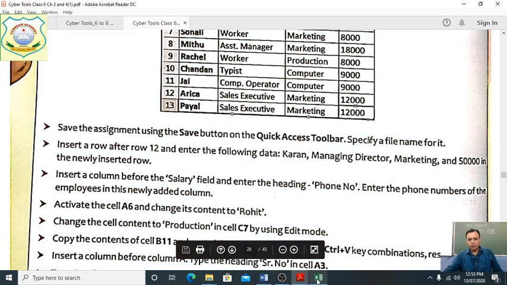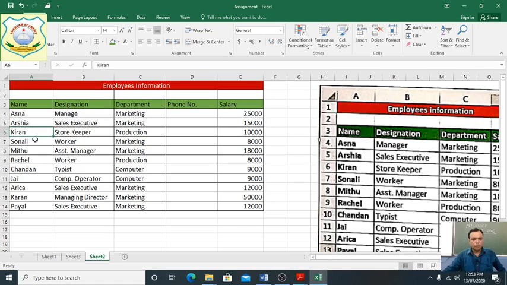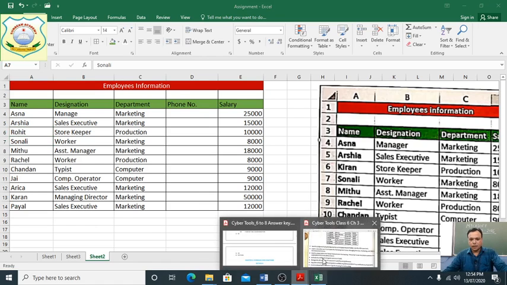Clear? Now go on A6 and double click. Now you will see the edit option, and write there Rohit. Okay, now we have done Rohit. Third, next one is